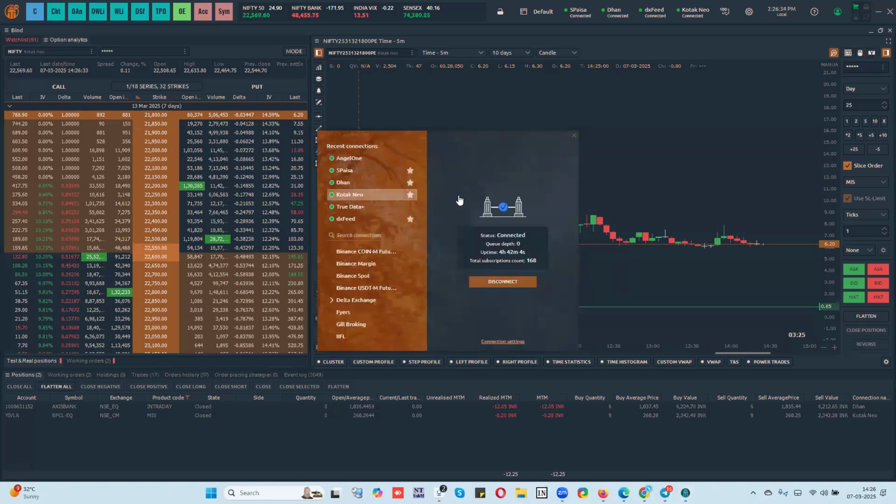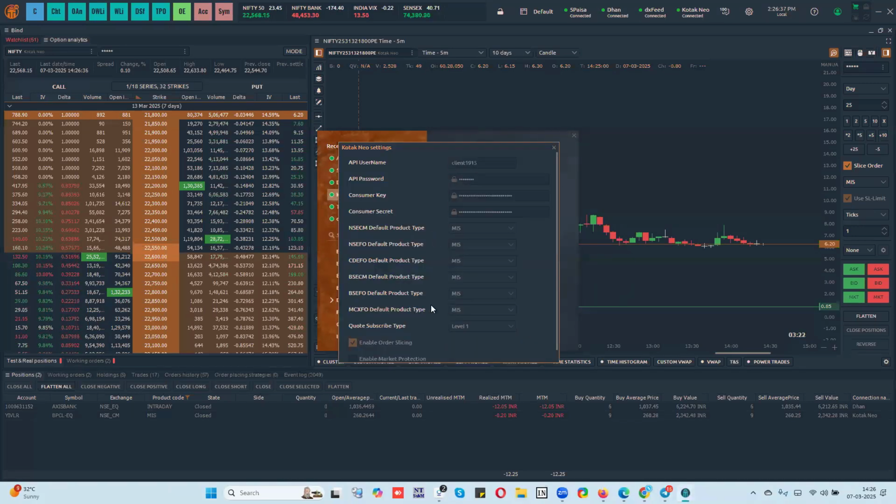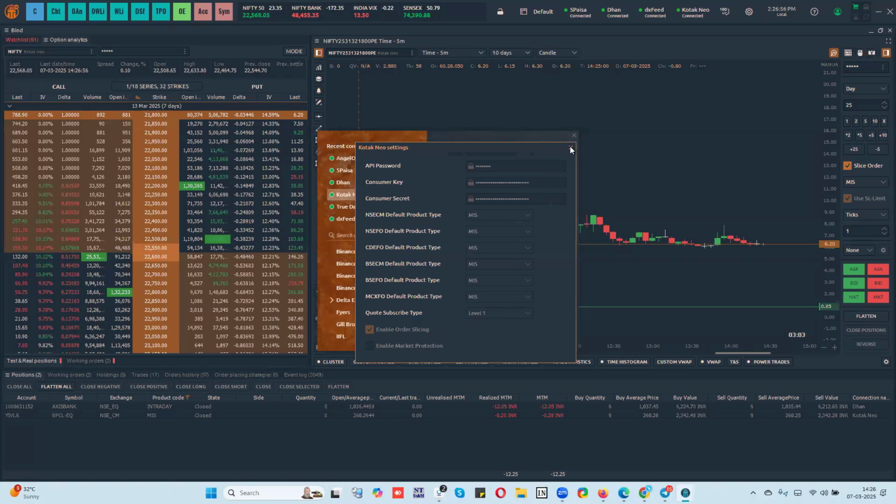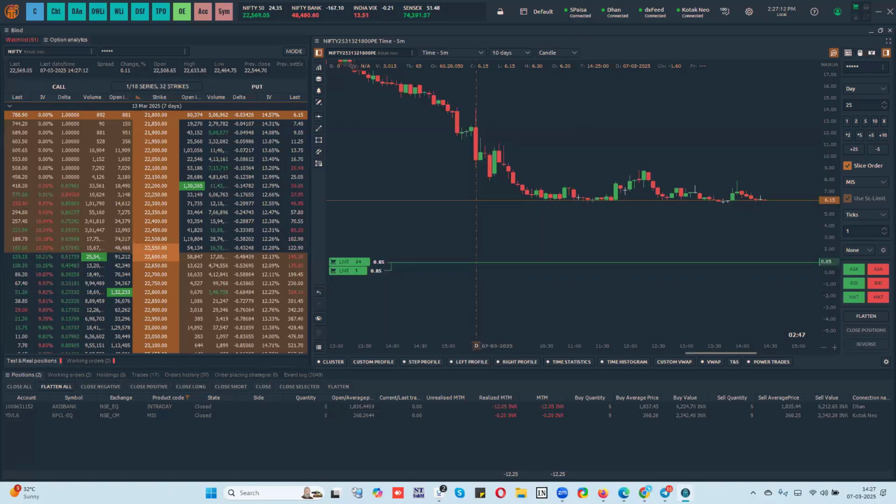So if you go to the settings, there are certain things that you can do when it comes to trading functionalities, like selecting the default product types, enable slice order, enable market protection. Market protection is not available for all connections as yet, but as and when new changes are done, we will be making this available. I already explained quantities can be predefined, so you don't have to change it every time.